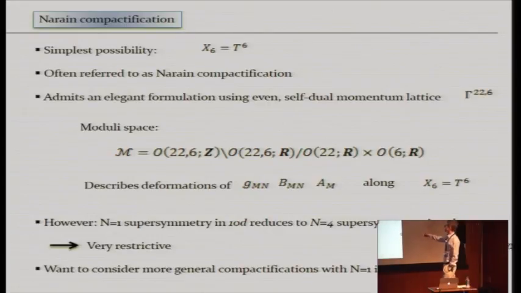Okay, so this is a very nice story, but it's very restrictive, and so we want to relax that a little bit. We want to consider compactifications which have a bit less symmetry, which are a bit more general, and we're going to discuss compactifications which have at least N=1 supersymmetry in 4 dimensions. Of course, the techniques that I'll discuss will also apply as special cases to N=2 and N=4, but they will assume at least N=1 supersymmetry in 4 dimensions.